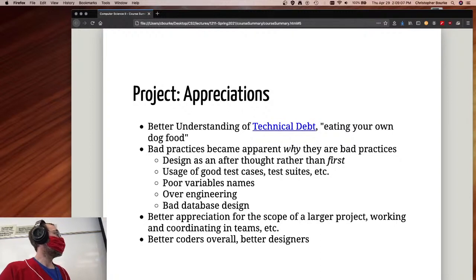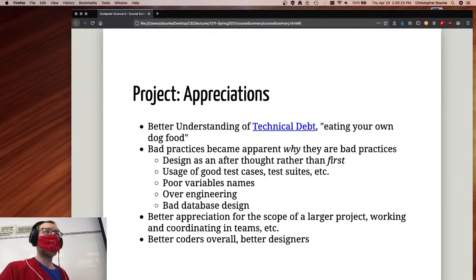Hopefully you have a better understanding of technical debt: if design doesn't come first, then you end up accruing debt, right? You're taking out a loan on your future time. You've got to find time to do it right the first time, or you find time to do it over later. You have to pay back that debt.